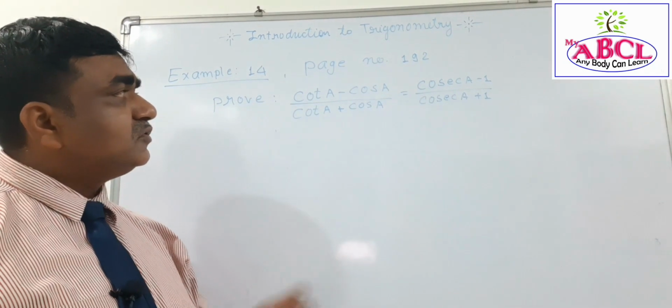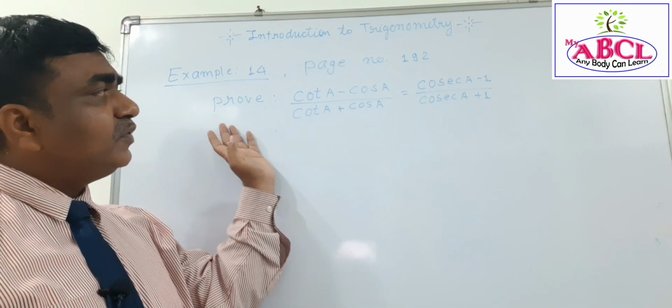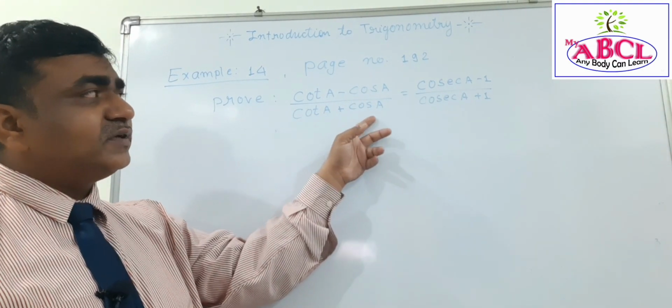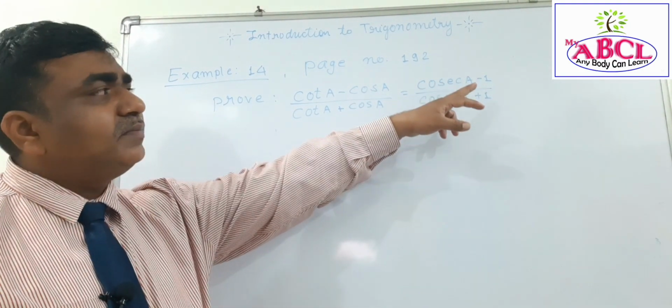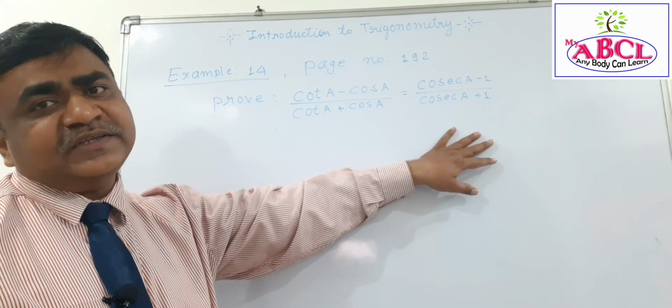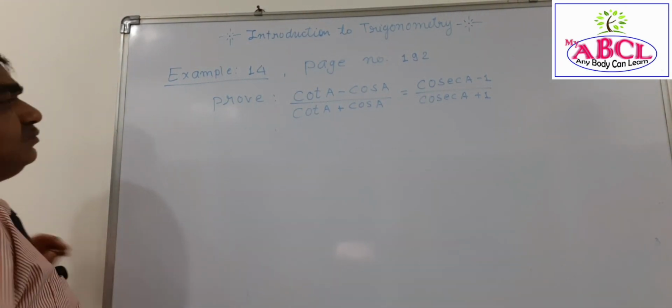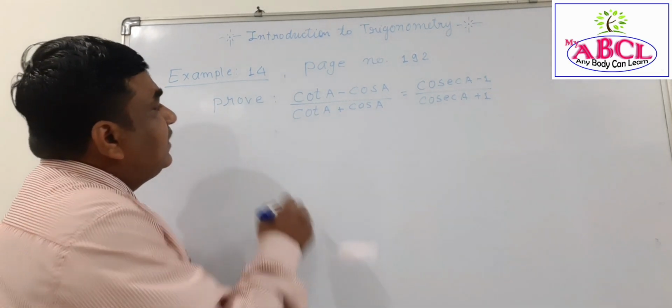Okay, so here we have been given that we need to prove that (cot A minus cos A) upon (cot A plus cos A) is equal to (cosec A minus 1) upon (cosec A plus 1). Okay, so we need to prove it. So first of all, what will we do? Let's see the left hand side,